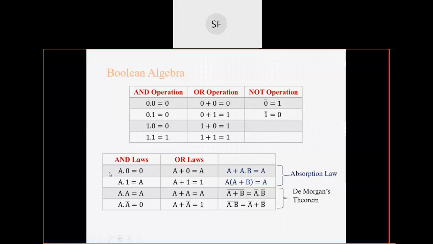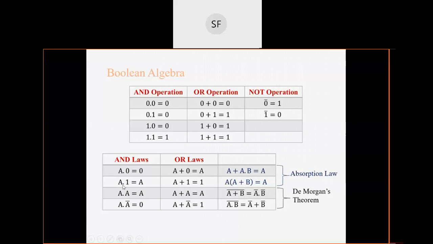Okay, so independent of the value of A, if you put the value of A as 0, then 0 multiplied by 0 is also 0. And if you are putting the value of A as 1, then A and 0 will also be 0. So how many values are maximum possible? 2, because this is Boolean. If I put the value of A as 0 or as 1, the output will always be 0, because the AND operation itself tells you that if any one input is 0, the output will be 0.